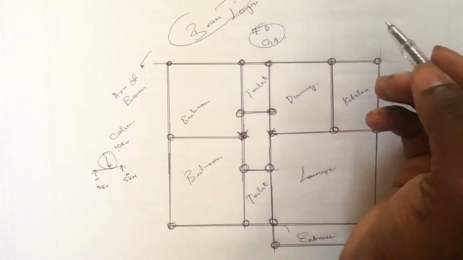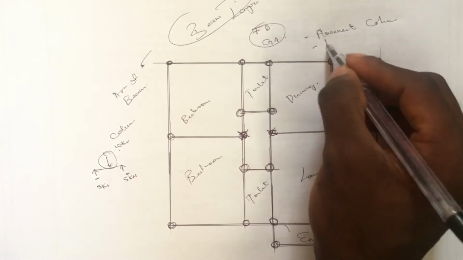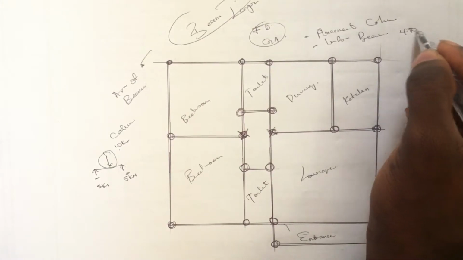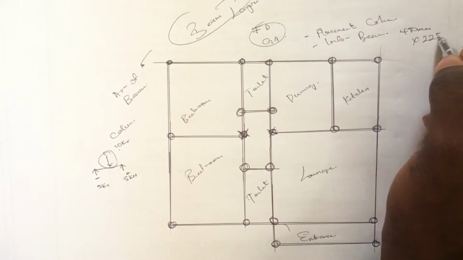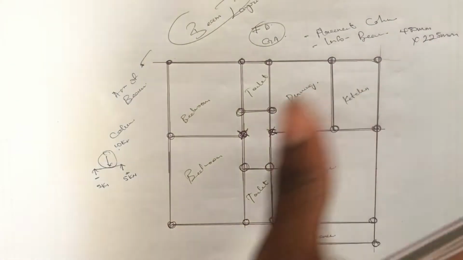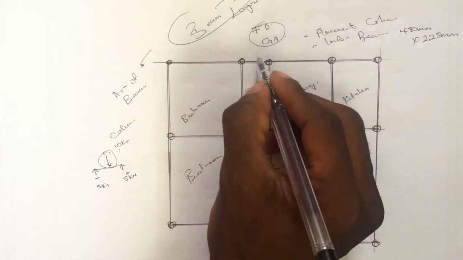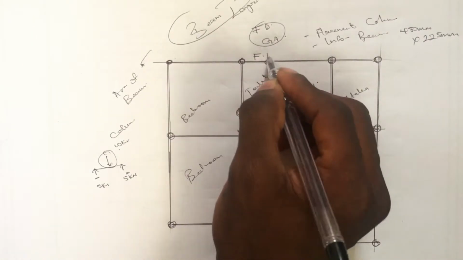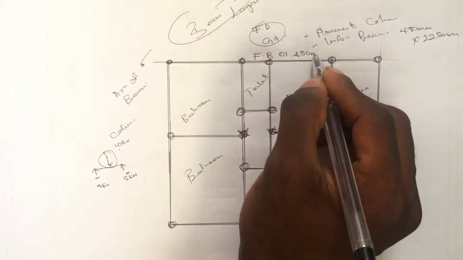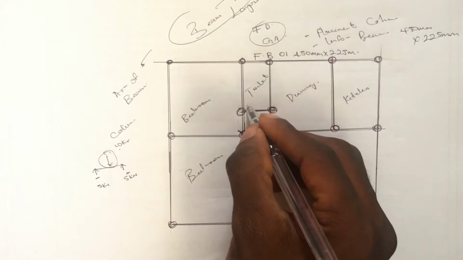And on a beam layout, the drawing actually shows the placement of the columns. It gives information on the beam you're using, for example if we're using 450 mm by 225, it shows on the beam layout drawing. The first thing you notice on the beam layout drawing is that here you have floor beam 01, and if we're making use of 450 mm by 225 mm,